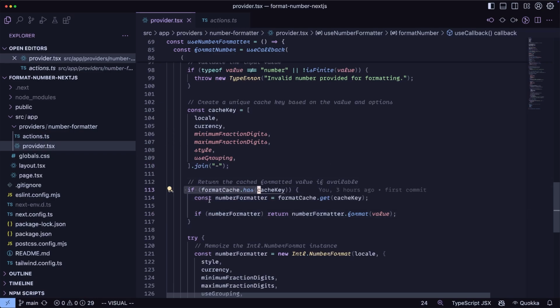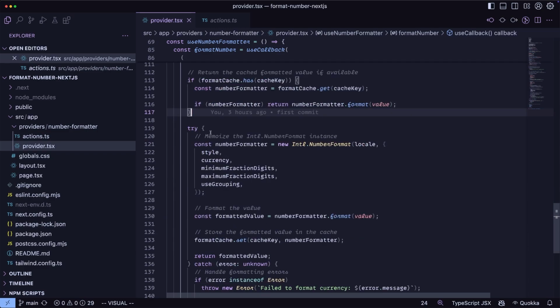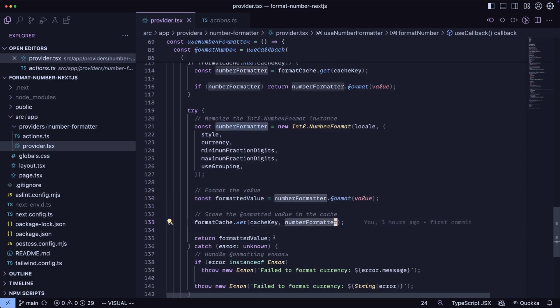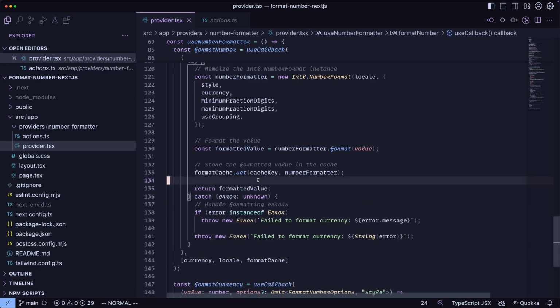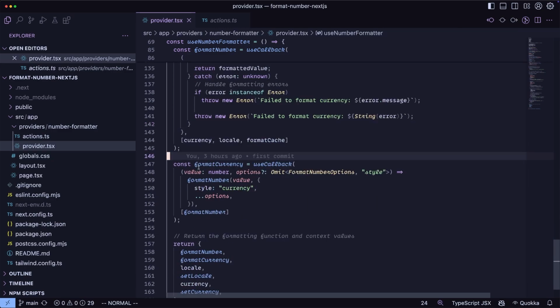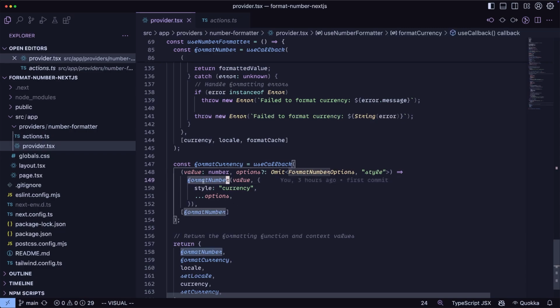Then I check if the format cache has that cache key. If it does, then I return that formatter and I call format with the value. If not, then I create a new NumberFormat, I format the value with .format, I set the cache with the cache key and the number formatter, and I return the formatted value. Of course, there is a try-catch because this may fail. Then I created another function to format currency that is exactly the same and even calls formatNumber,